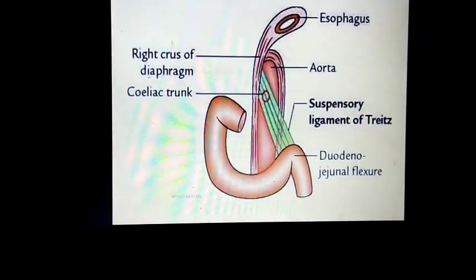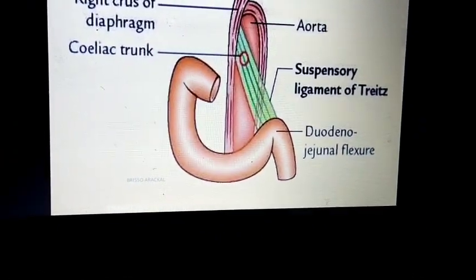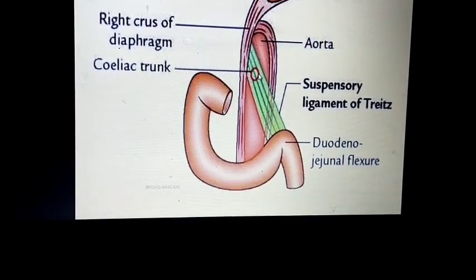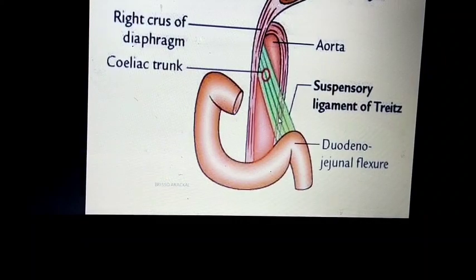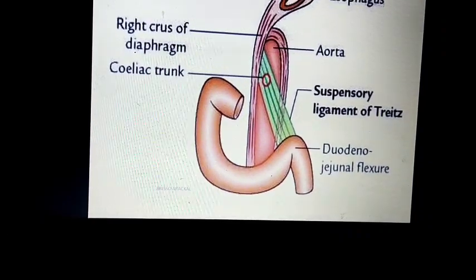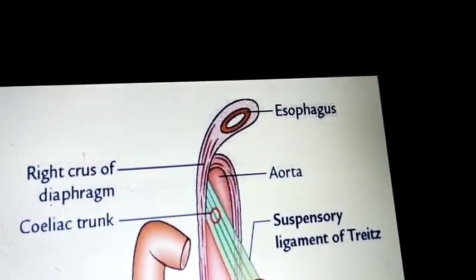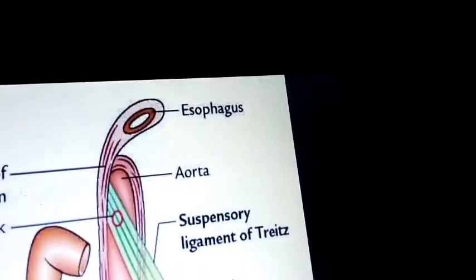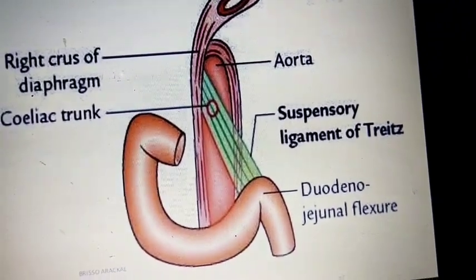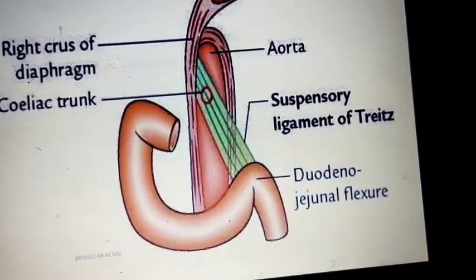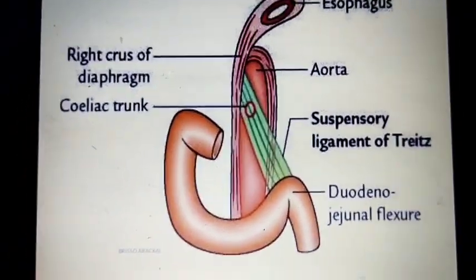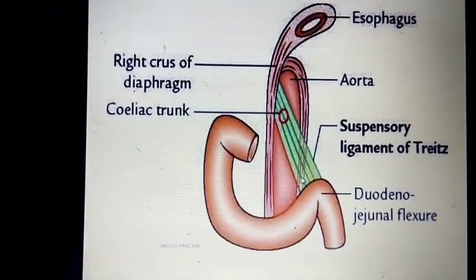Now, how do you identify the start of the jejunum? Here is one way: by the suspensory ligament of Treitz, which is also called the suspensory muscle of the duodenum. By identifying the ligament of Treitz, we identify the jejunum. In the last class on the anatomy of the duodenum, I told you why the duodenal flexure is formed: because of the attachment of the ligament of Treitz. The ligament of Treitz has two ends, an upper end and a lower end.